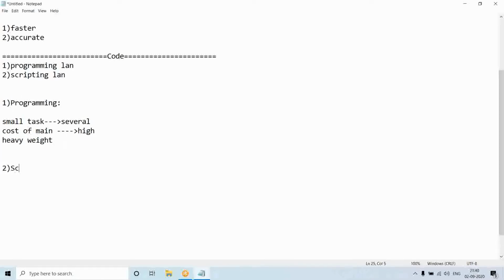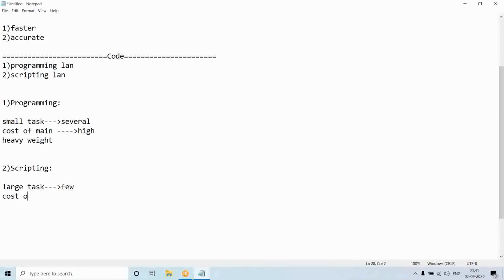How about the scripting languages? In scripting languages, even if we have a large task to do, we can write very few instructions to finish it. See, if the number of instructions is less, the memory required to store them is also less, right?